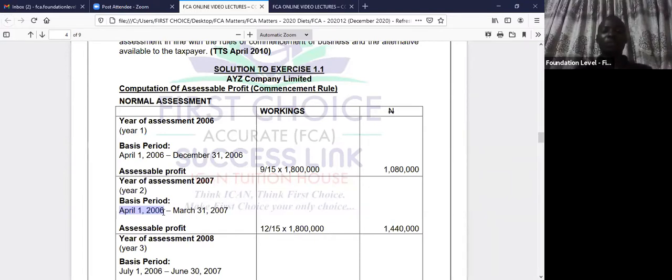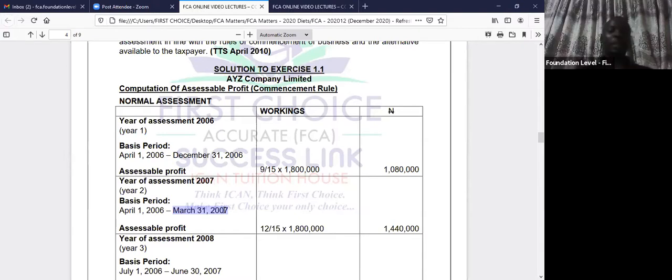So look at what I normally do. If I'm standing on April 1, 2006, I know I will go to 2007. There's no doubt about that. And I'll go 1 step back. I usually ask myself, what was yesterday's date? Yesterday's date would have been March 31st. So that's the 1 step back I'm going to count. So that means I'm going to end it at March 31st, 2007. That is how you do your 12 full months.